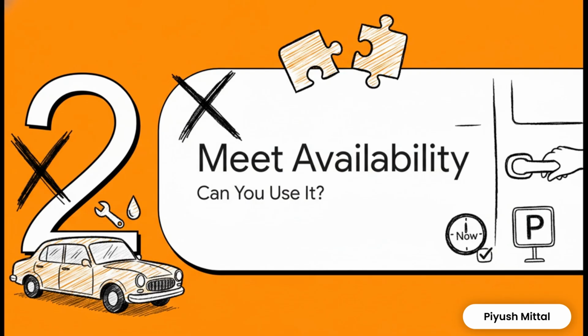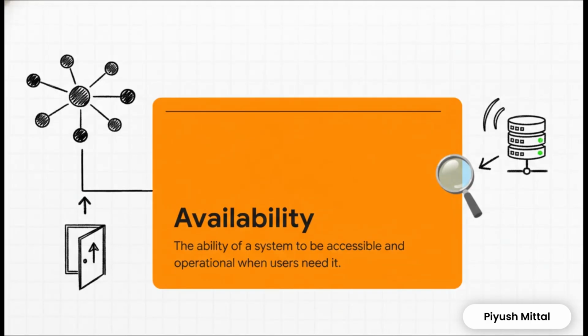If reliability is about the car running perfectly on the highway, availability is, well, it's something else entirely. Availability is purely about access. Is the system turned on? Can people get to it when they need it? You'll notice this definition says nothing about how well it's working, just that it's there, it's operational.